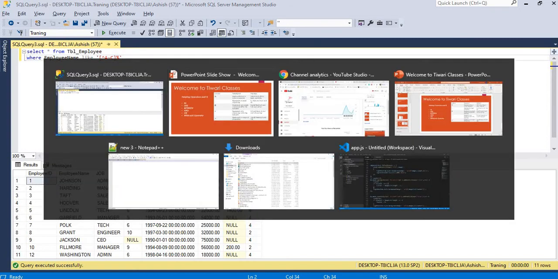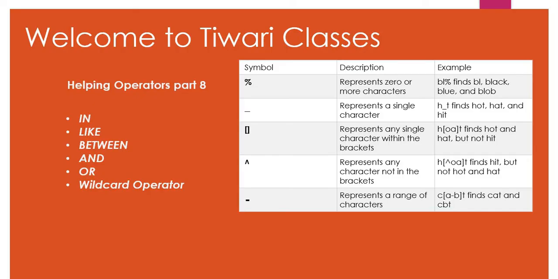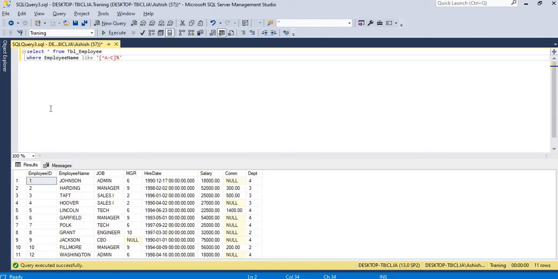Next thing I will go with is IN. Before going to IN or BETWEEN, I would like to tell you about OR and AND. So guys, if you know the gates we have, OR and AND, what they do is, there are two conditions, they combine both conditions.